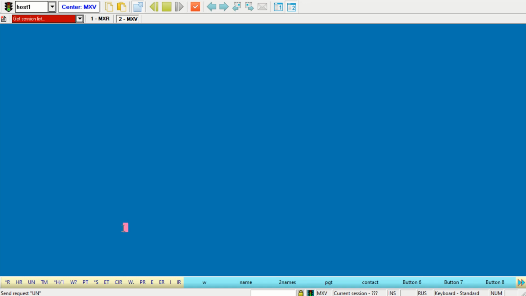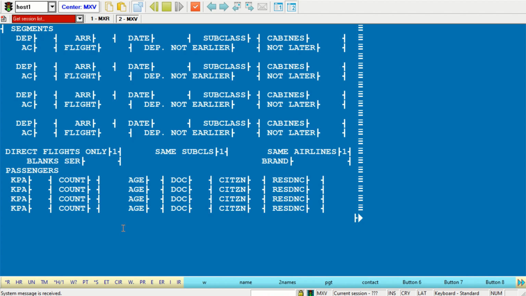Another variant of JW entry is mask. It will be just JW. No PNR, no itinerary in this request, just JW. System will open mask for you. In this mask, you can add 4